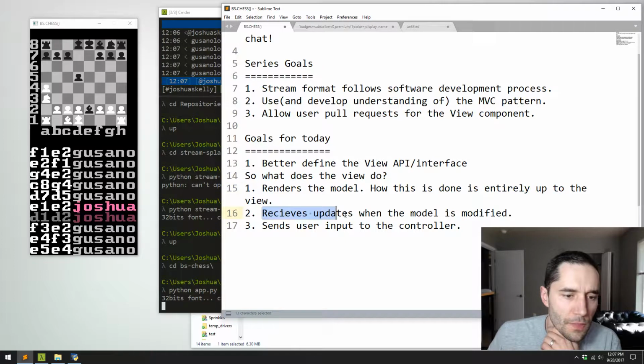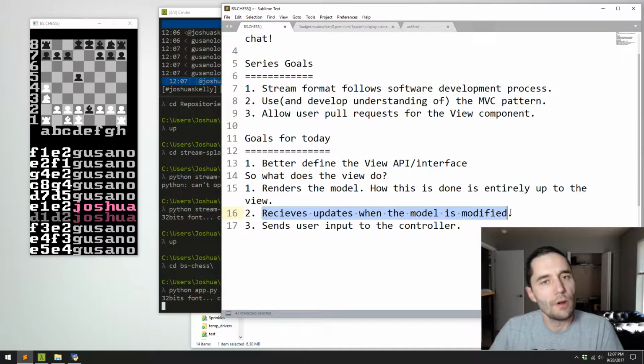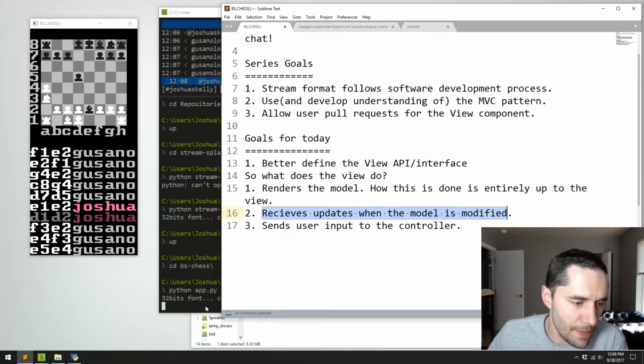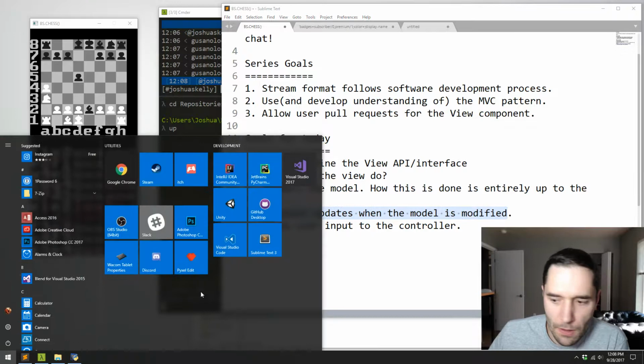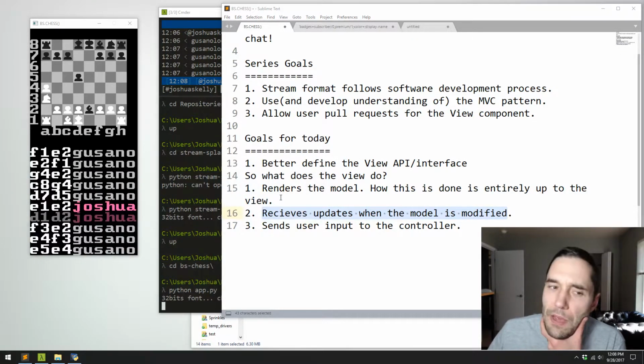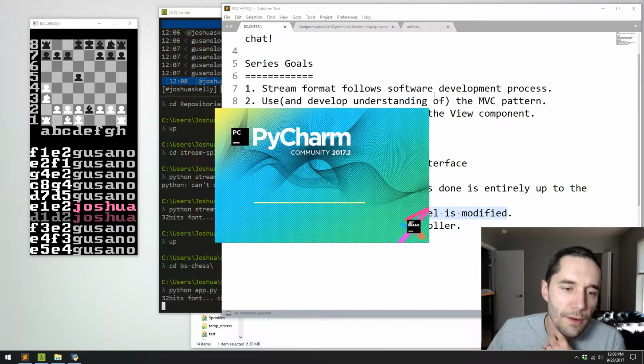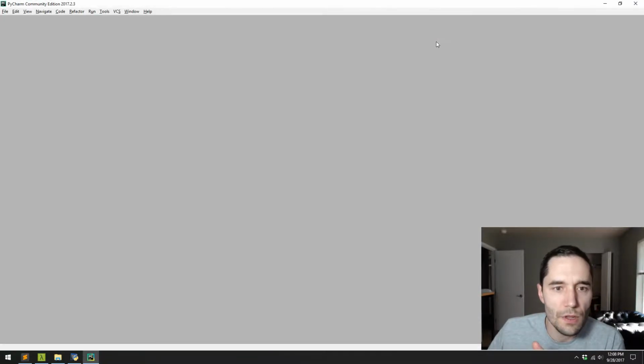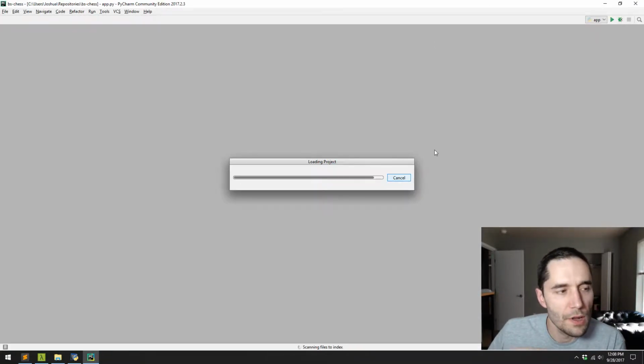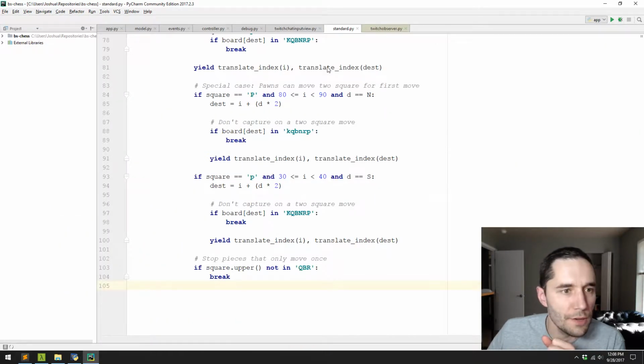Yep. So the controller, every time, I believe, is it every frame or is it every time the model is updated? We can take a peek at the code. It might be every time that the controller modifies the model. We let all the views know about the change to the model. So we can take a look at the controller,